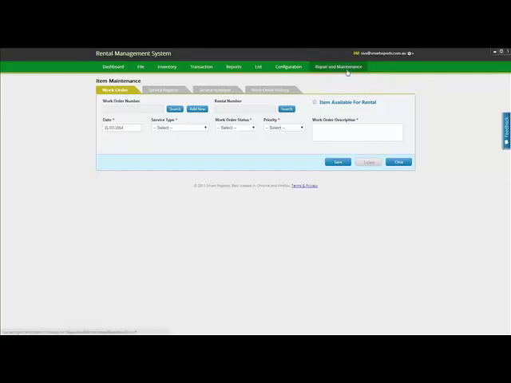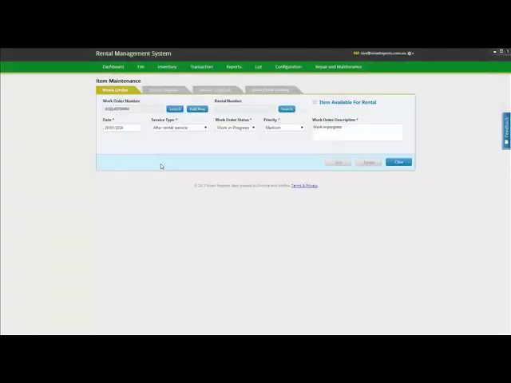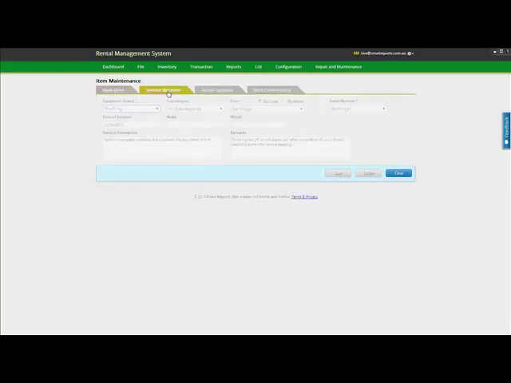So we'll start with the item maintenance screen. We can create a new one or maintain an existing one. This work order refers to an after-rental service. Its current status is in progress, and this is the priority. And in the service register, this is where we specify the equipment that we're going to maintain. So we're going to maintain this particular equipment, a bar fridge, and this is when the